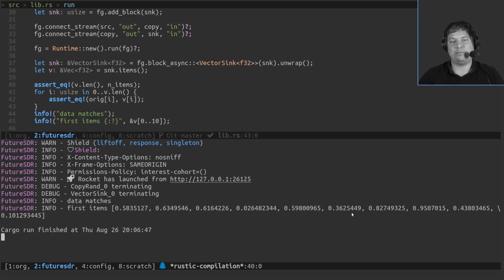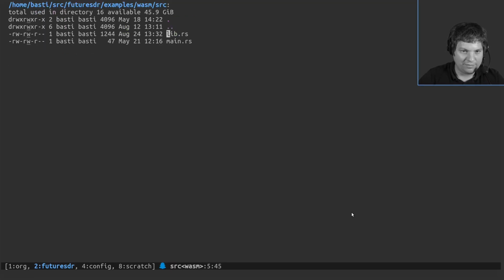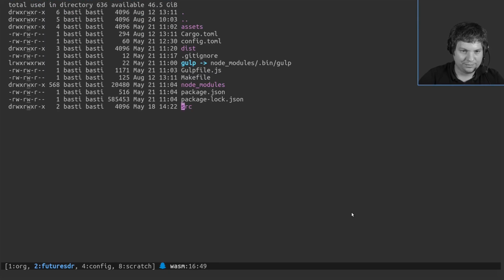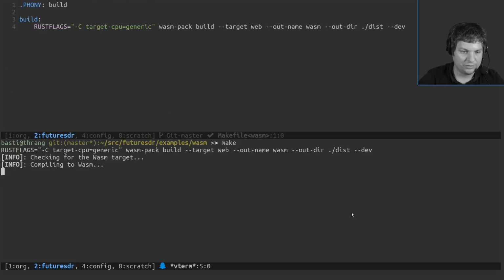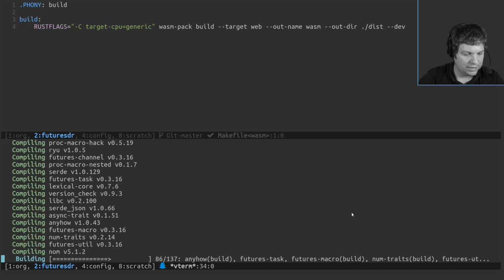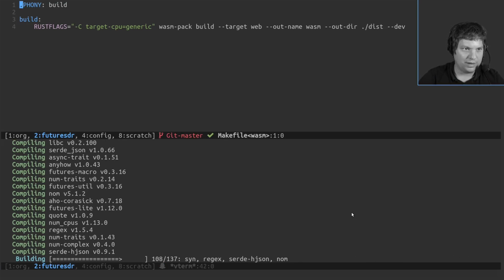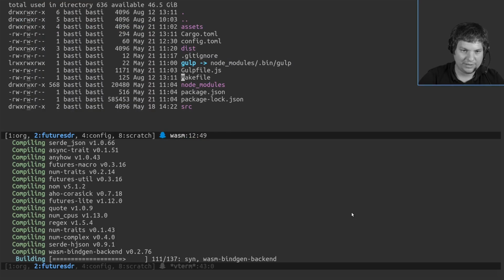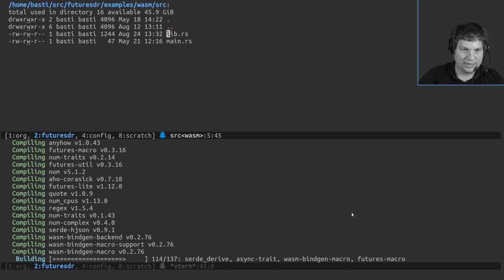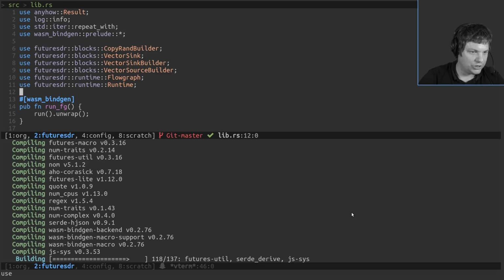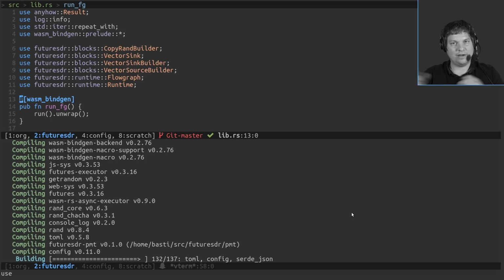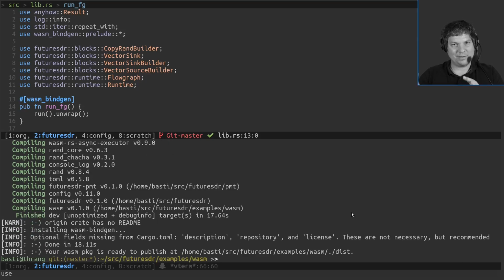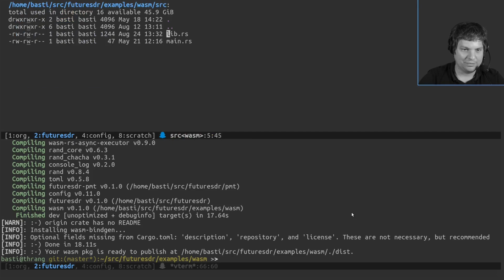But now it was running on my PC. No WebAssembly involved. I have a makefile in this example, and maybe we can already start to build it because it will probably take some seconds. So it's now compiling this run flow graph function to WebAssembly. We've seen it had this bindgen which says please make a binding for this function in JavaScript so that we can load the WebAssembly file and call the function.